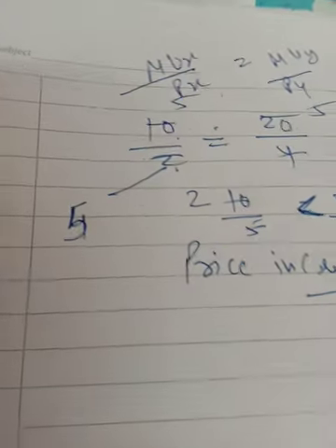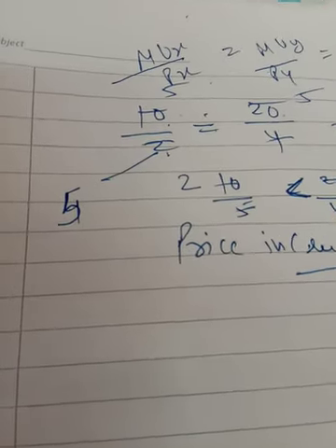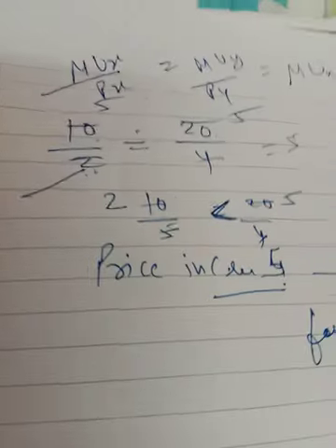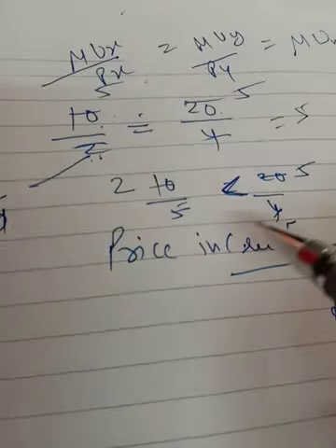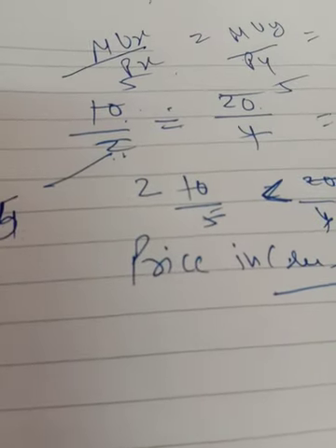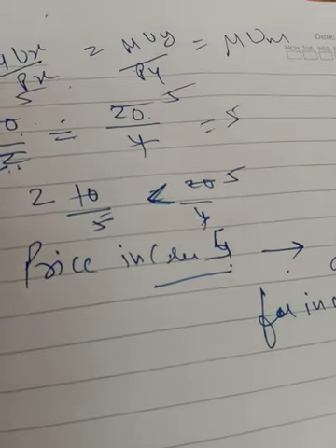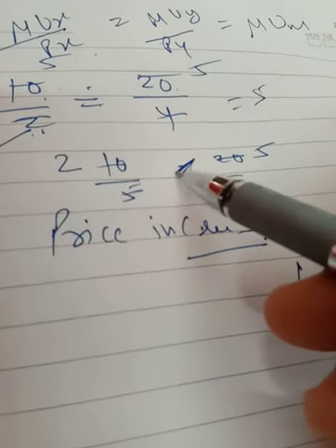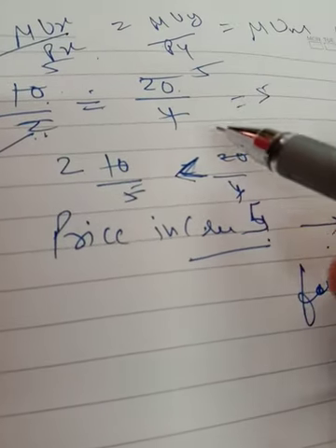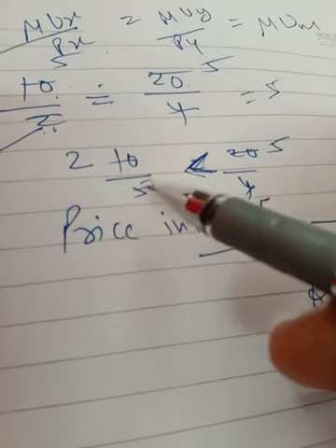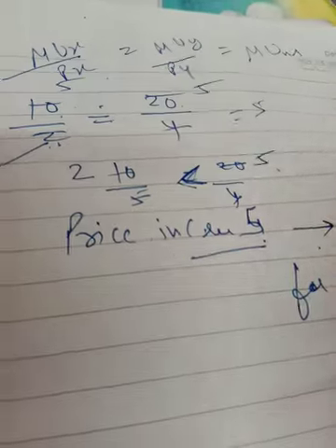Now what happens if I am applying the law of demand here? Suppose I am increasing the price from 2 to 5. Now you can see that the outcome of marginal utility of x by px is 2, and that remains 5 for the y commodity. Now you can see that marginal utility of y upon py is more than marginal utility of x upon price of x. So that is more. What is the next we have to do?